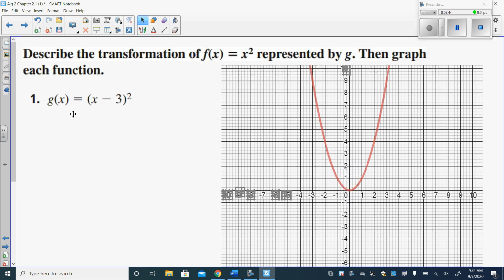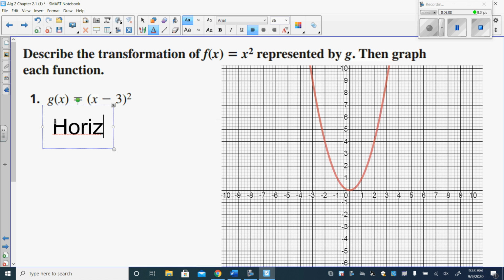Now our next one is this one here, g of x equals x minus 3 squared. So here, we don't have an a value. We don't have something in front. And we don't have anything behind it. So we don't have a vertical stretch or shrink. And we don't have a vertical translation. It's not moving up or down. We just have the minus 3 inside. So that means we just have a horizontal